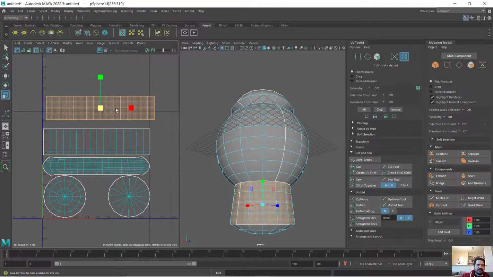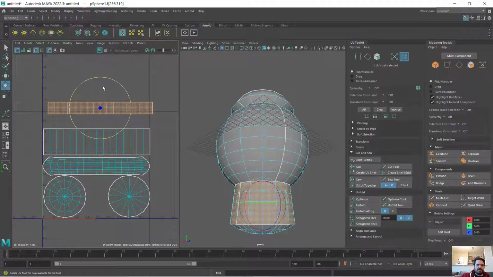The really key critical point being that I am fitting them all into my 0 to 1 space